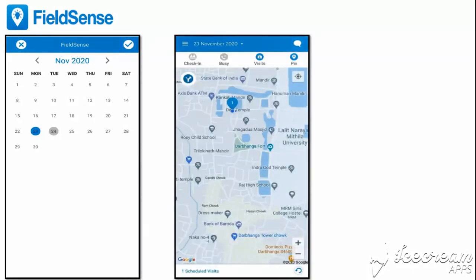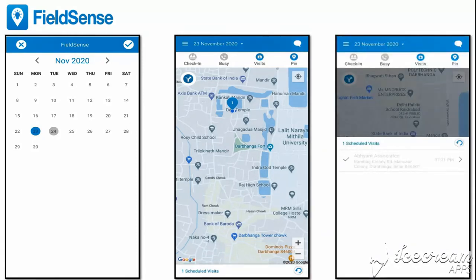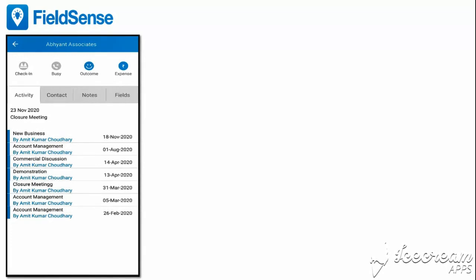Then you will be able to see all the visits that you have done on that particular day in this section, Schedule Visit. If you click on it, you will find all your list and need to select the visit for which you would like to claim your expense. When you click on it, then you will get this section where you need to click on this icon, Expense,